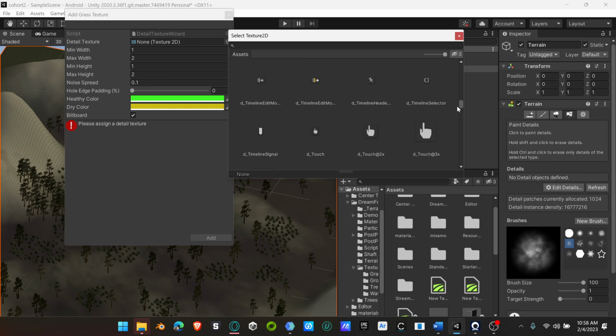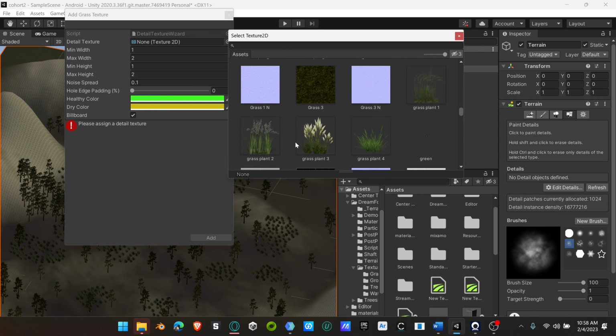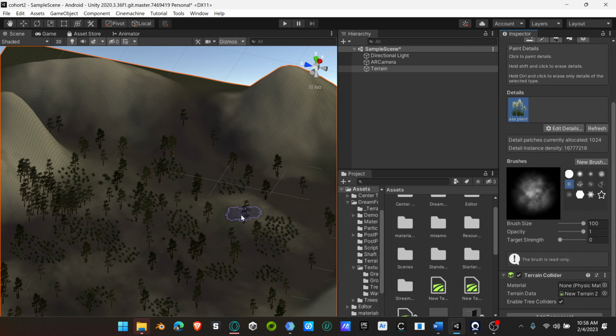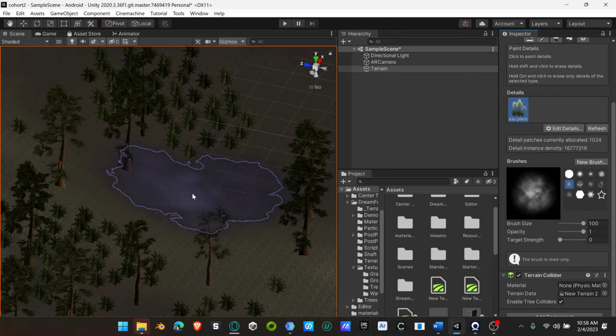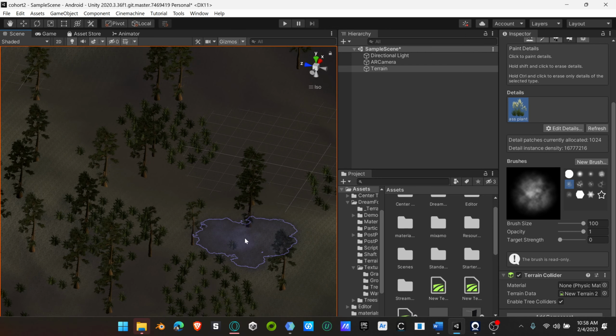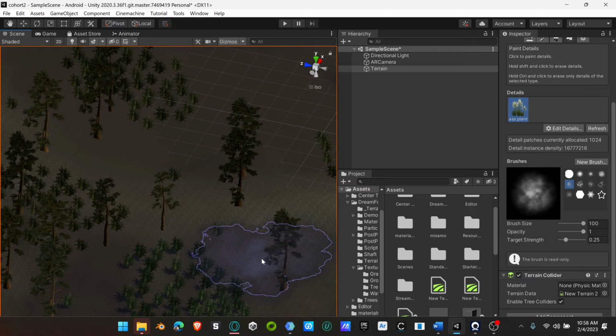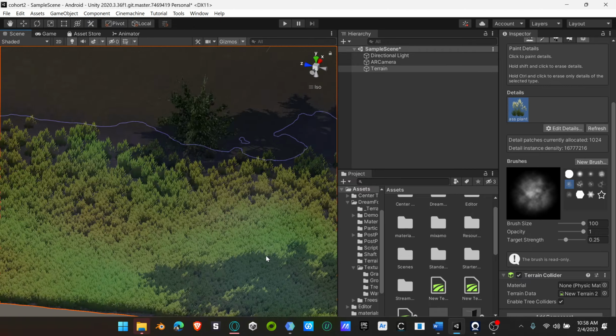Okay, so I have this grass plant right here. I'm going to click on add, and once I add it, you click on it here, and remember your brush texture. If I zoom in, strengths. Oh, it's everywhere. So with the grass, you have to zoom in to be able to see it because